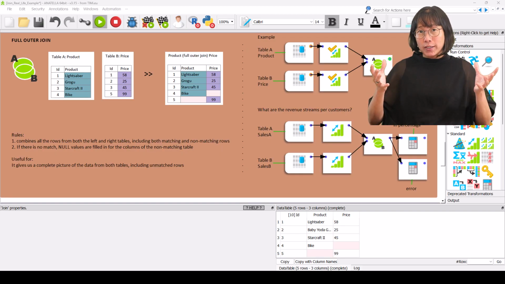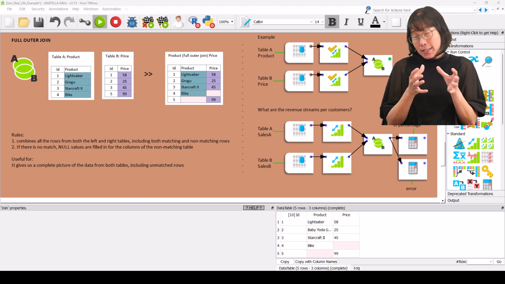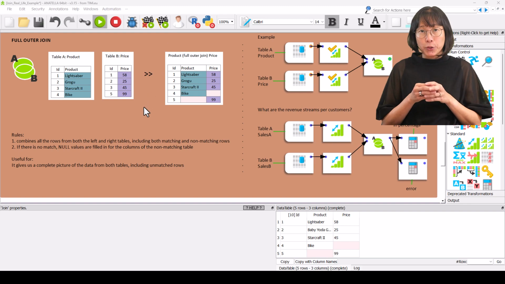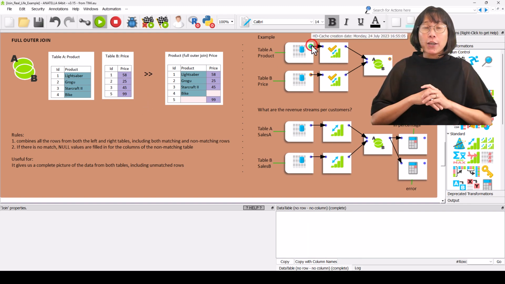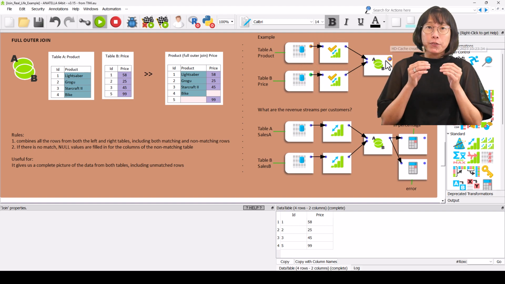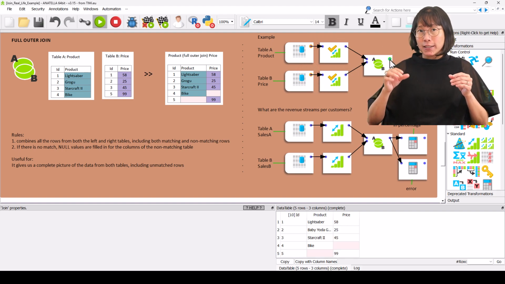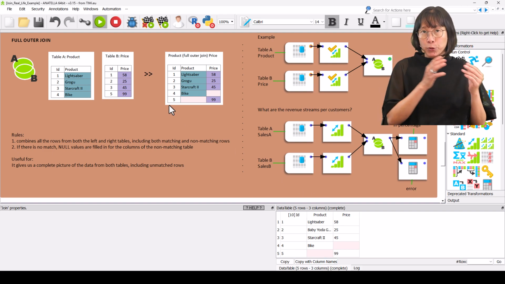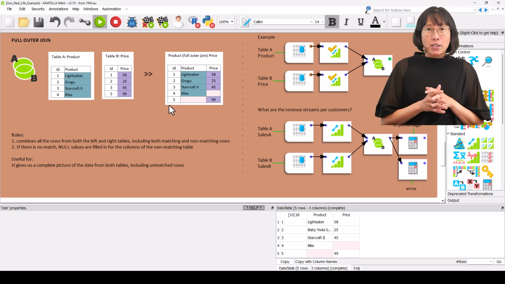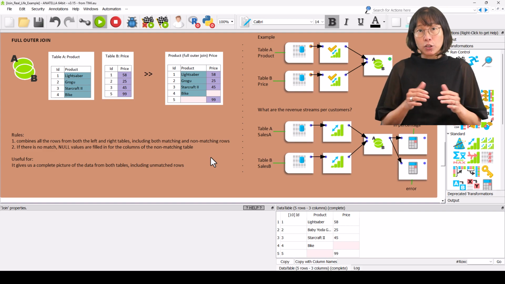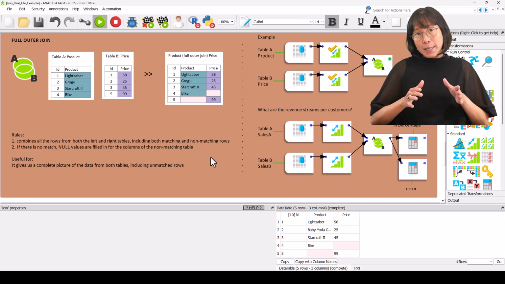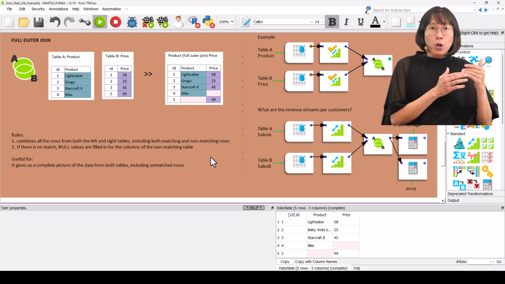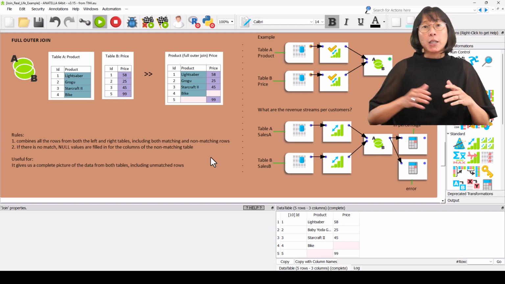The full outer join combines all the rows from both the master and the sleeve table, including both matching and non-matching rows. If there is no match, null values are filled in for the columns of the non-matching table. It gives us a full and complete picture of the data from both tables. You can think of it as the full universe of join operations, as all the other types of join can be obtained by applying a filter on the result of the full outer join. For example, if we remove from the output all the rows that have a null value, it becomes an inner